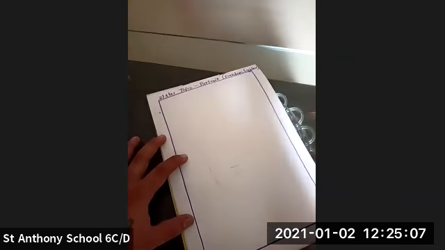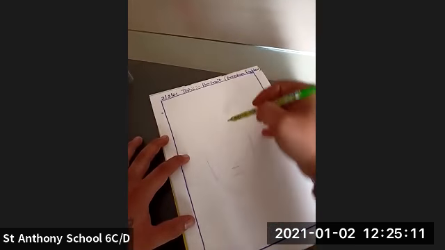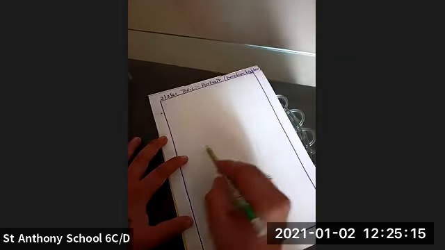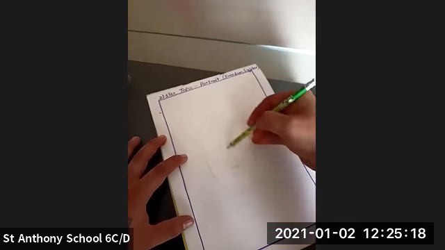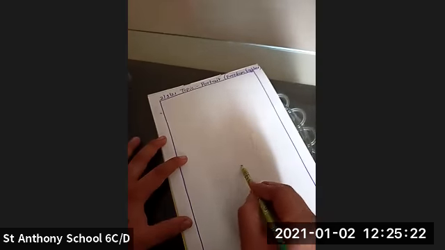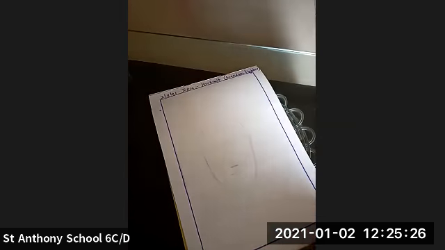Just wait a minute. So just look at this. This is how you're going to do it. First use a circle, then make the jaw line, draw the eye line, and divide the rest into half. This is your nose line and this is your mouth line. Okay, so now let's begin with this.